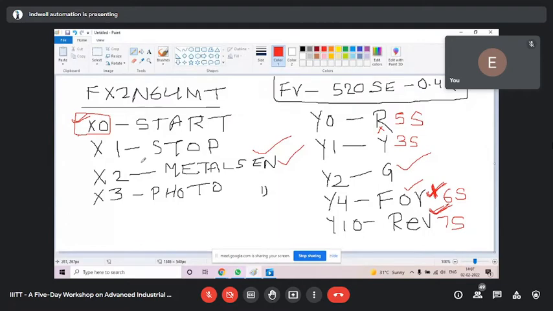You have to take one more timer, Ravi. T3 will come after Y10, T3 will come after T2 with K70, and T3 will break the latch. Ravi Teja, make the modification. Other guys, you understood that X2 should always be on to run the machine and green will be on with forward and reverse. That you have to do.